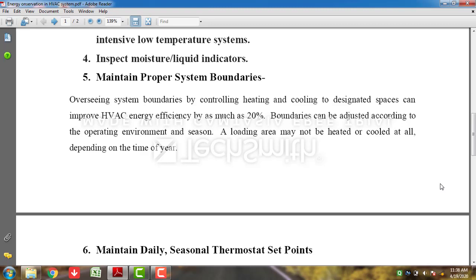Now if we go with the recent scenario, before the lockdown period there was a 50% cut in the working staff. So if you have an industry and you are already short by 50% of staff, you need not cool the total area. Rather, you can restrict the cooling to a specified zone, and this will definitely help you to conserve energy. It's a normal point.